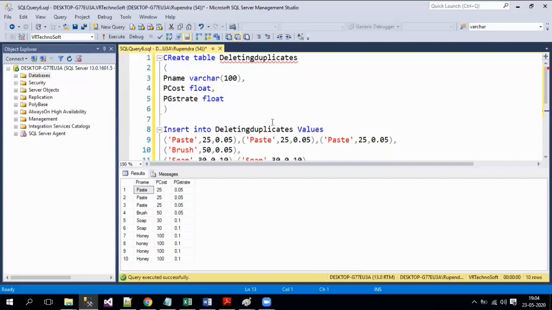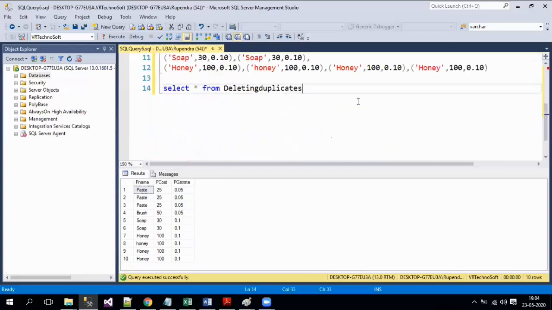Now we'll go with the first option, which is using a subquery. What I'm going to do here is write a subquery to get this duplicate deletion for the physical table we have created. Definitely we require an identity column, or a column which has ID values sequentially. Otherwise we cannot go with these particular ways. If there is no ID column,